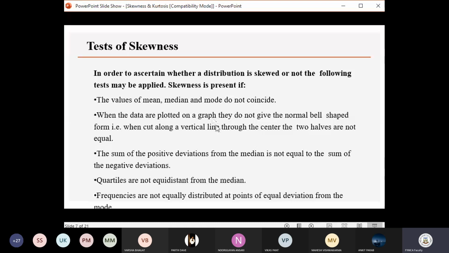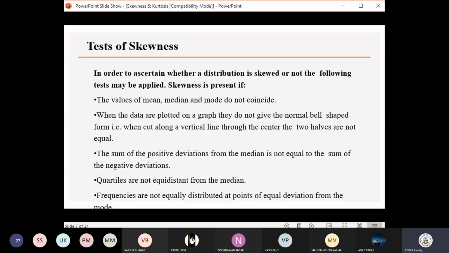I can understand that, whatever the value of mean, median, mode. So take the vice versa. Like I already said, if it is a symmetric case, mean, median, mode are going to lie on a center point, or they are going to coincide. Now, what is the opposite form of that? Whenever the mean, median, mode coincide, it is going to be symmetric, or there will be no skewness. Or I can say that when mean, median, mode do not coincide, there will be skewness present.